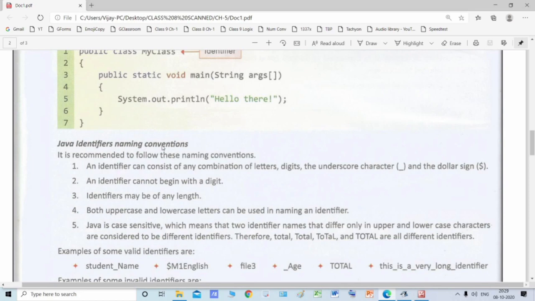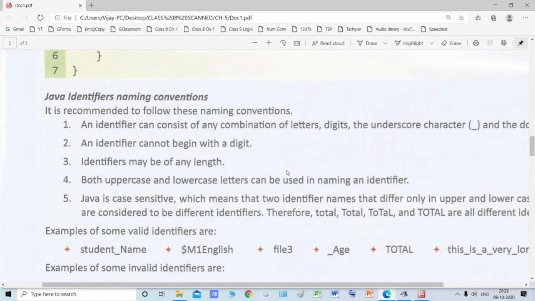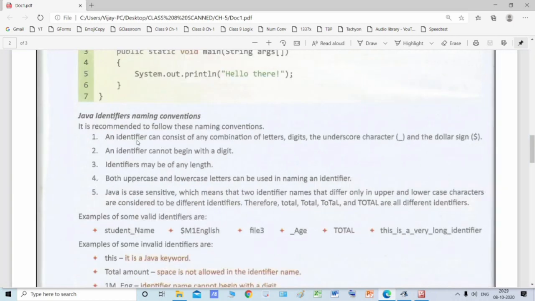Now students, there are certain more rules that you need to follow, which I will explain from here. See, Java identifier naming convention. This will give you a clear explanation of how to name your identifier. An identifier can consist of any combination of letters, digits, the underscore character and the dollar sign. That means you can use letters from A to Z, capital and small both.